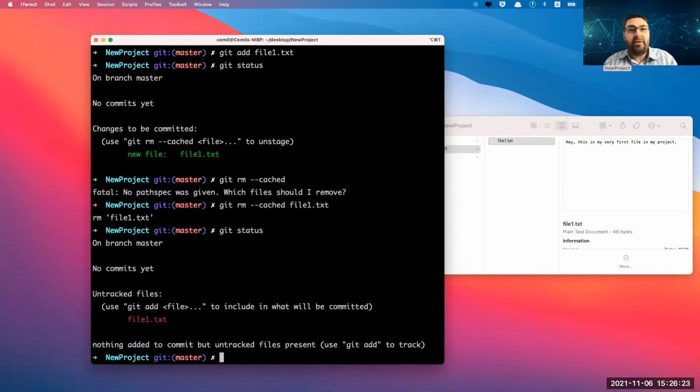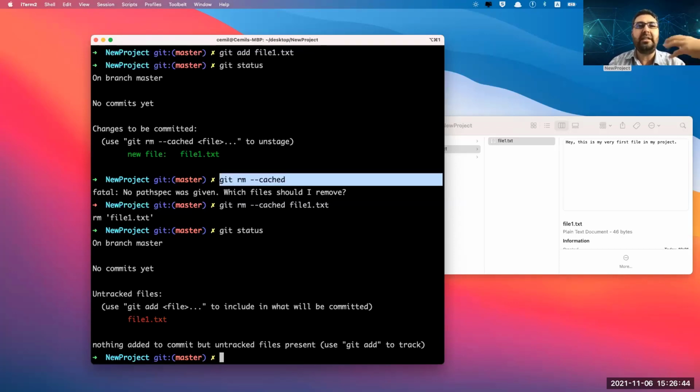Oh, it's right again. No worries, because I want to add file2 this time, and file1 is for the next version. Okay, so completely, I have just run 2 commands here: git status and git add, one more time, and the git rm cache. That's basically what it says to me.